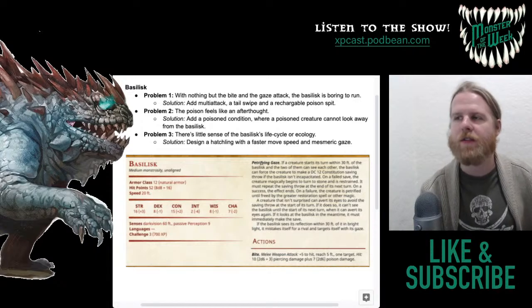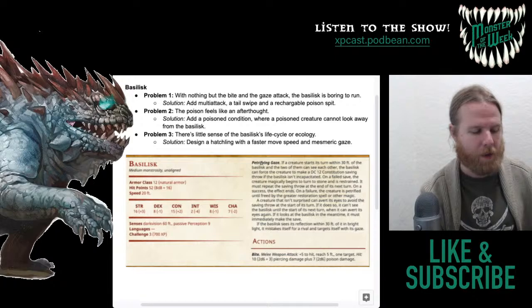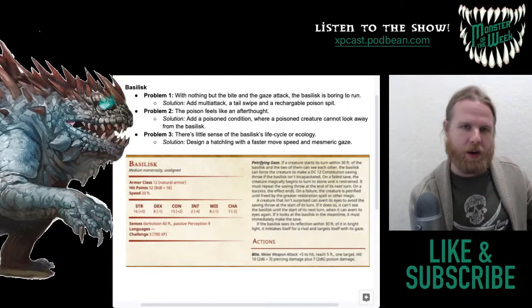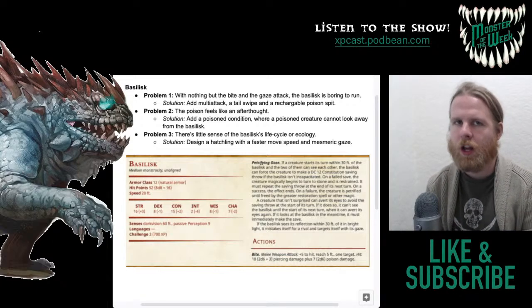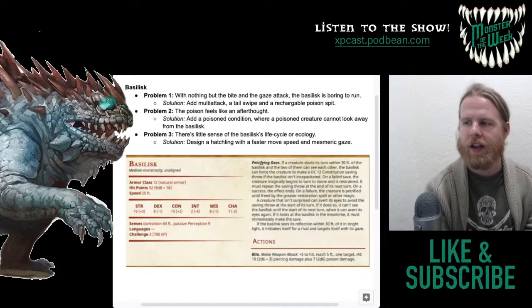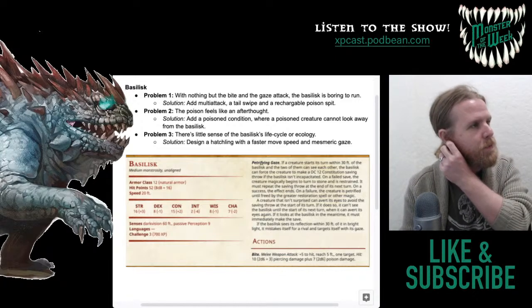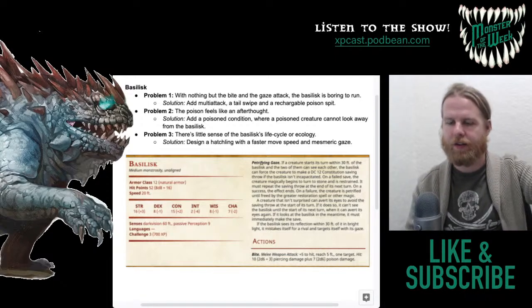So my thought was maybe you give it a tail swipe, right? A little bit more unique, a little bit more interesting, even just from a flavor perspective, right, of like what it's doing. If it's got the bite on one end and the tail on the other end. And then my thought was, and we'll talk a little bit more about the poison in just a second, giving it some kind of a rechargeable ranged attack, a way to deal with people who are outside of just outside